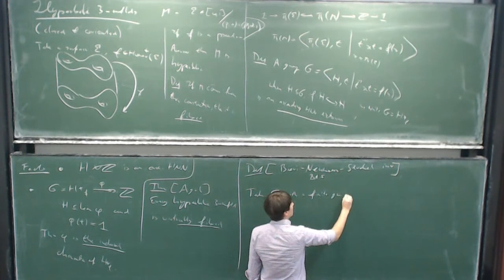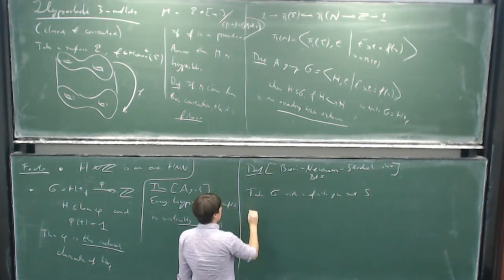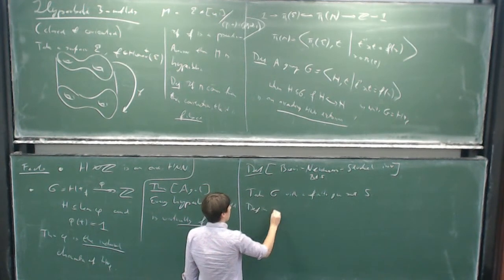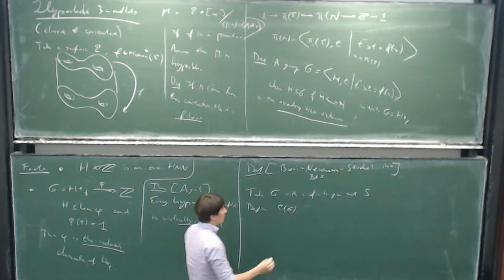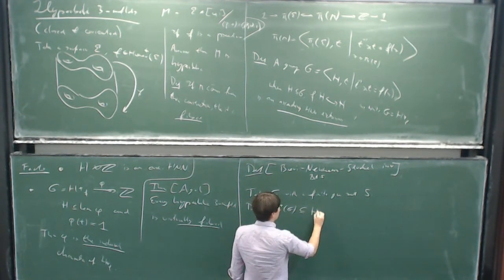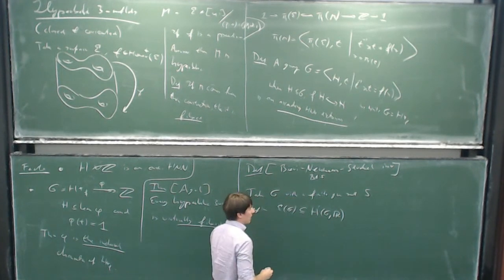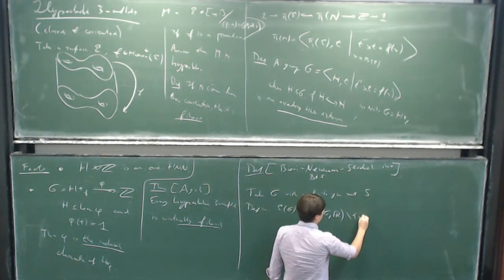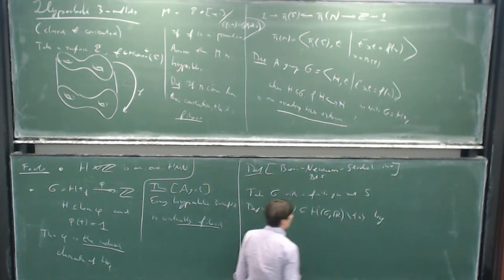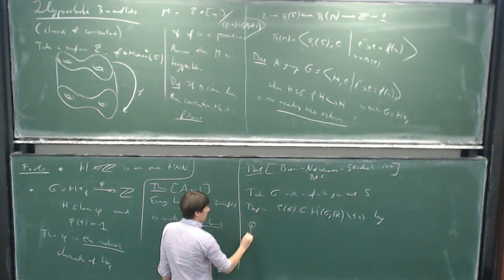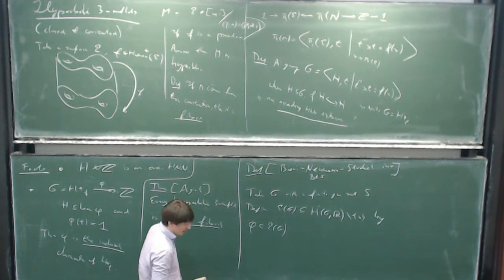We take it with a finite generating set S. Okay, and we define sigma of G. This is the sigma invariant, the BNS invariant. It lives inside the first cohomology of G with R coefficients, take away 0. And we define this by saying that a character phi belongs to sigma G if and only if the following